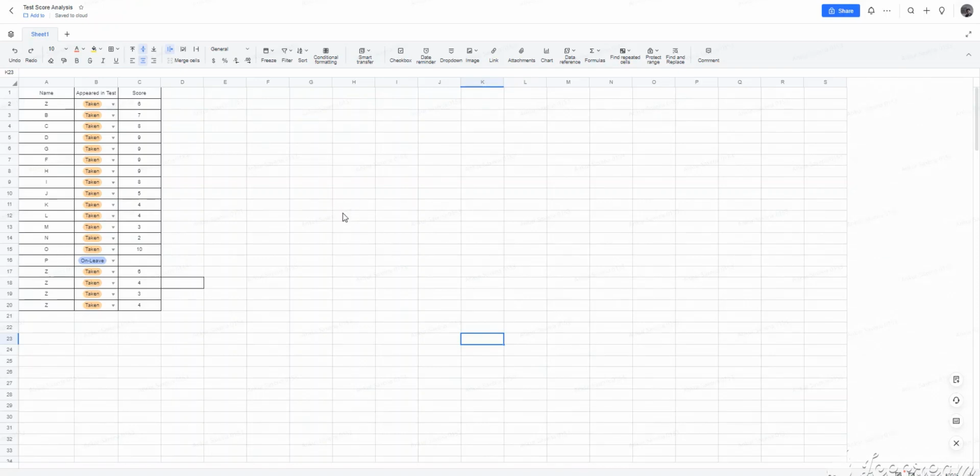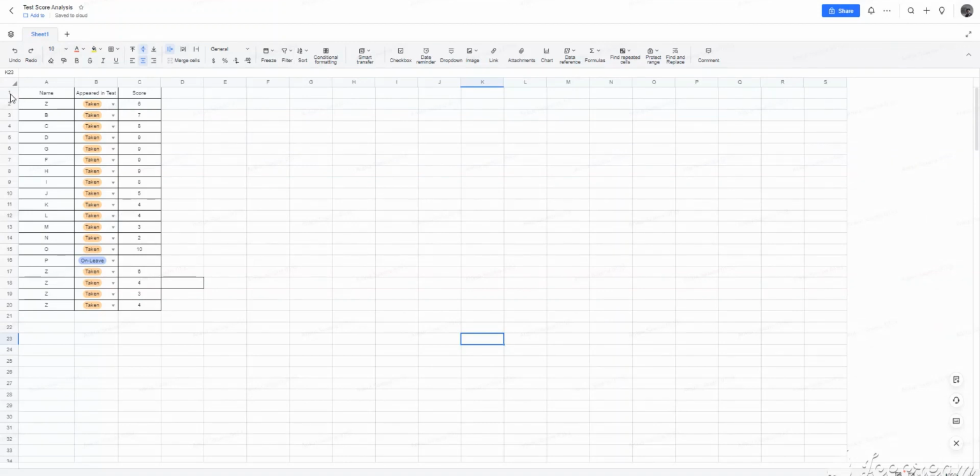Here we are going to learn how to use the filter function. The filter function allows you to filter certain data available on the sheet with respect to a value available in a certain column. Let's see how we can apply it. This function is the filter function and it can be used in two ways.